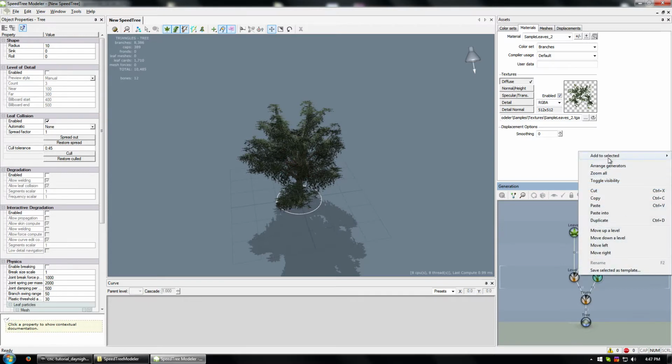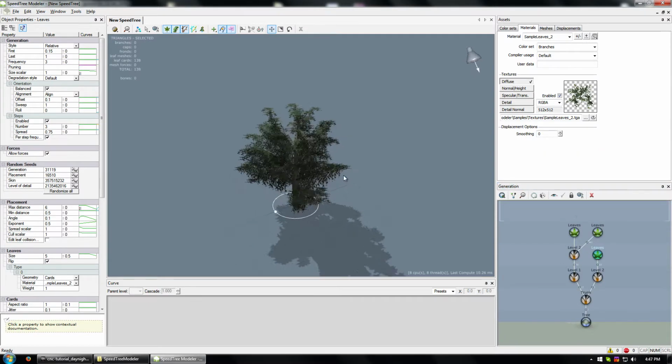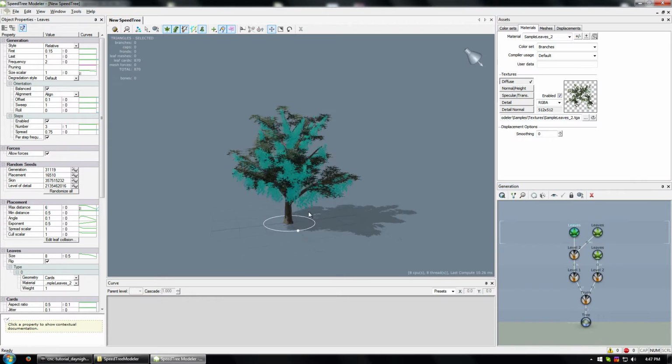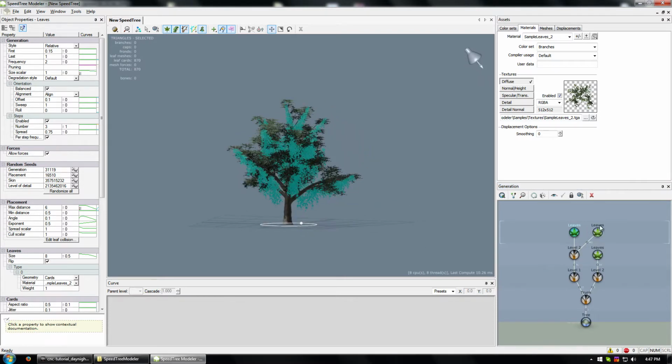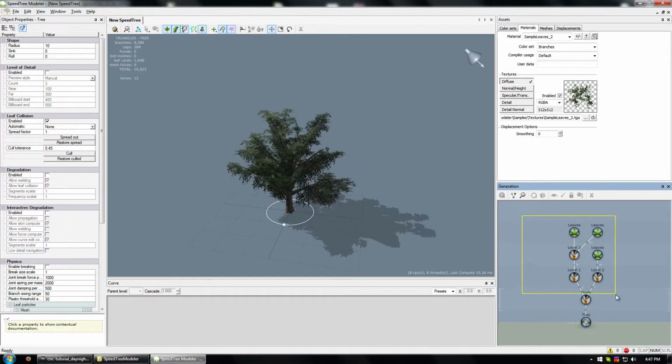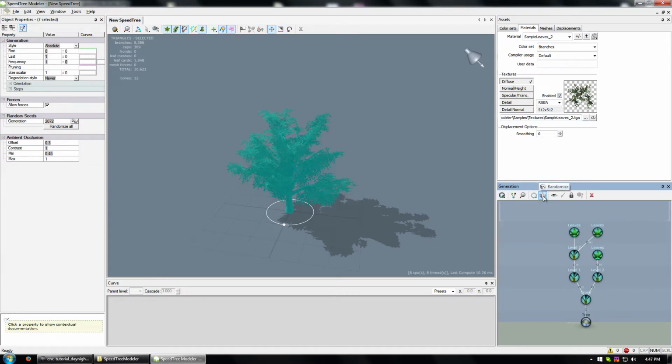No, that wasn't leaf, that's why. So leaves, standard. Doesn't look like much at the moment, I know. But we can select all these and we can go to randomize all, and we get a totally different tree at the end of it. Or we can select all this again and use this randomize tool,